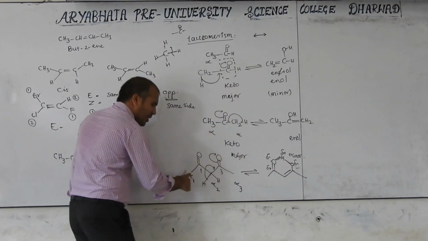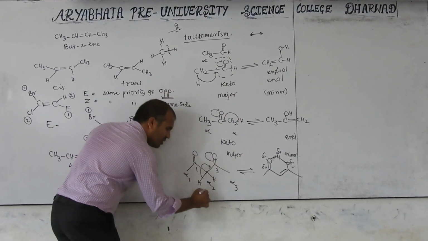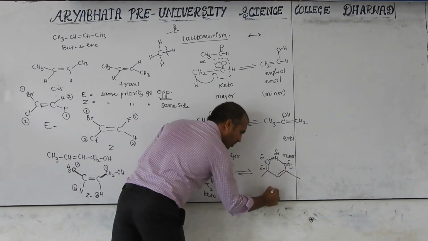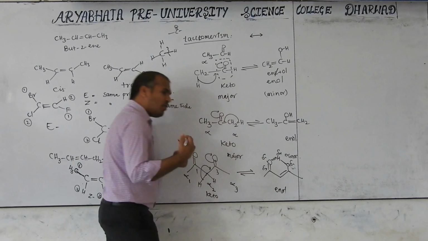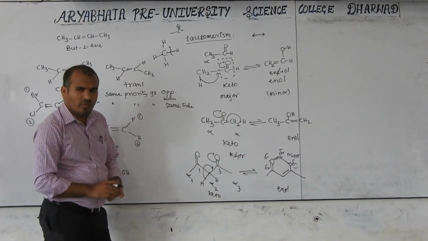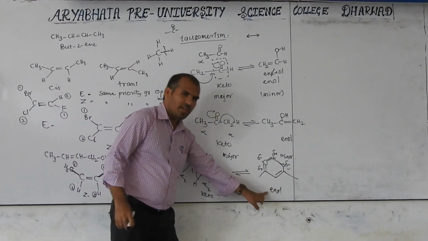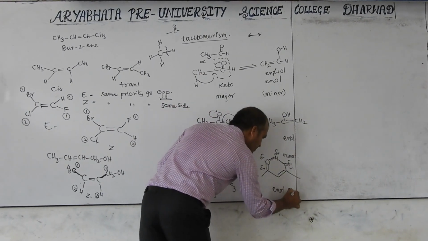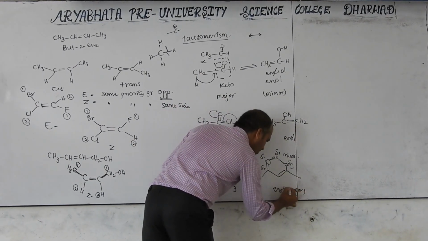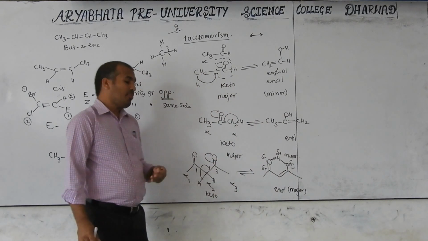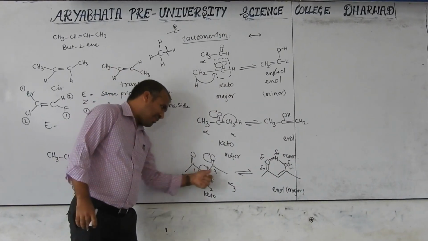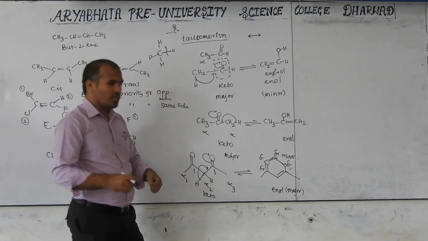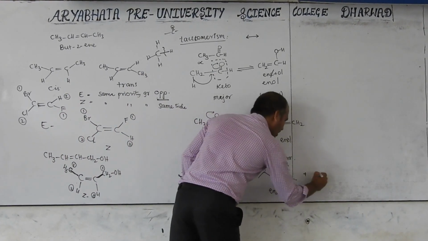That's why, compared with this keto, this is which form? This is the keto form. This one? Enol form. Now, is the enol form major or the keto form major? Enol form is major because it is hydrogen bonded, more stabilizing. Now you may ask, with respect to alpha 1 and alpha 3, is an enol form possible or not? Possible. That also I want to write here.